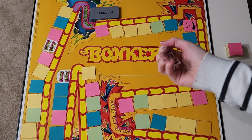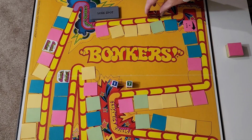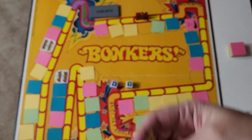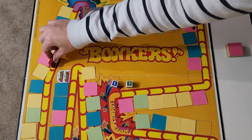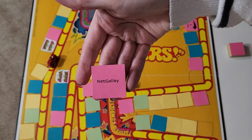Okay. We got a 7 and a 1, so that's 8. 1, 2, 3, 4, 5, 6, 7, 8. And the prompt is, forward 9 spots. That's much better. 1, 2, 3, 4, 5, 6, 7, 8, 9. And the prompt is a NetGalley book. Okay, so the next prompt was NetGalley, and I currently only have one book on NetGalley, so